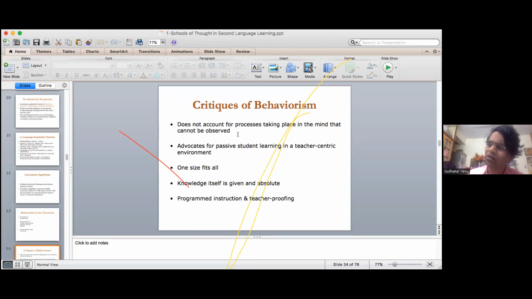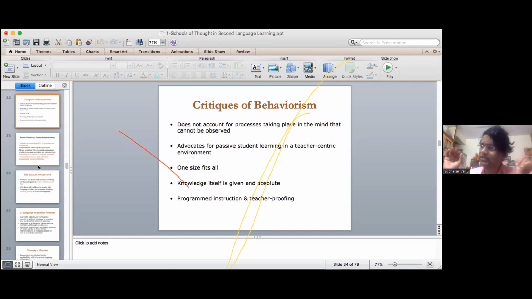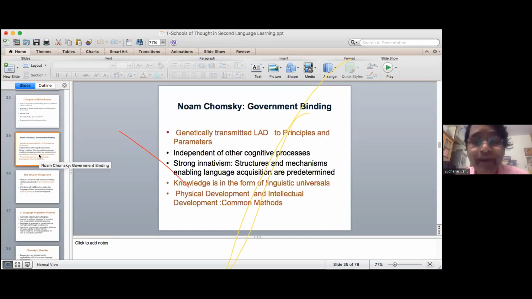And programmed instruction, which was very popular during the 50s and 60s, in mathematics for example. There is a lot of literature which has come, and most of you are aware of this. That was the classical old educational technology in English language teaching. Friends,